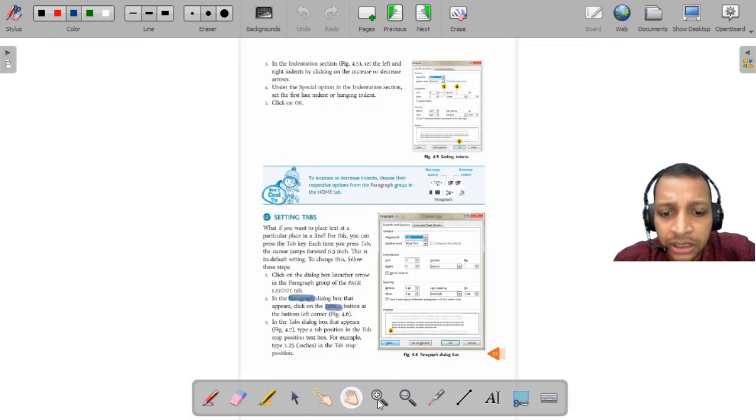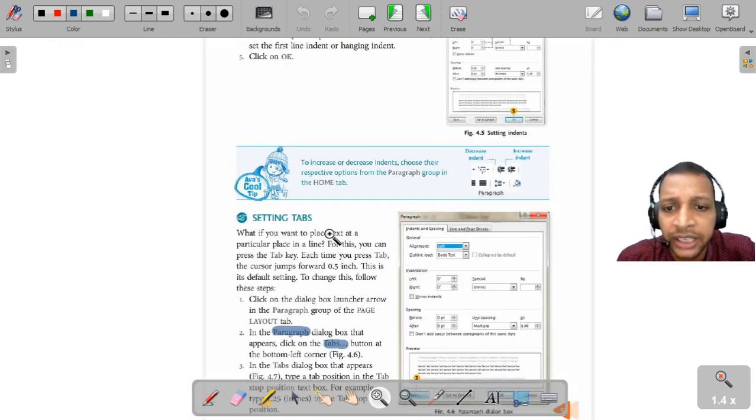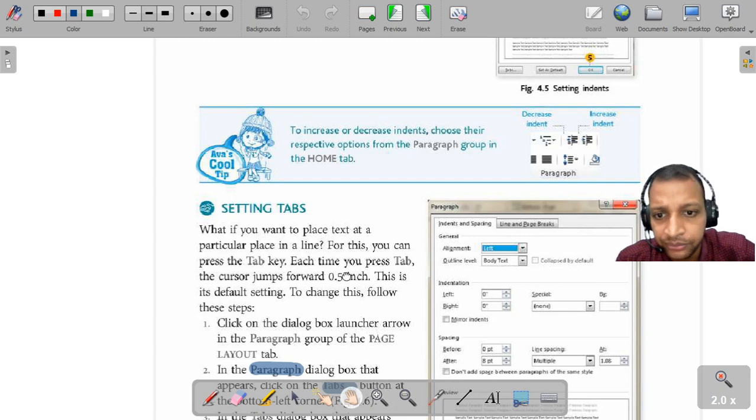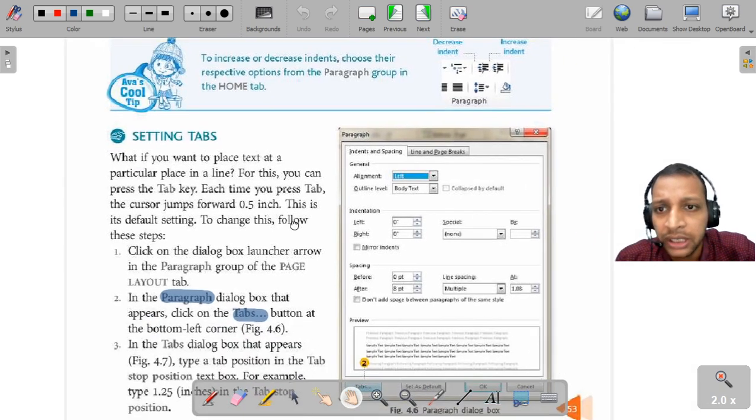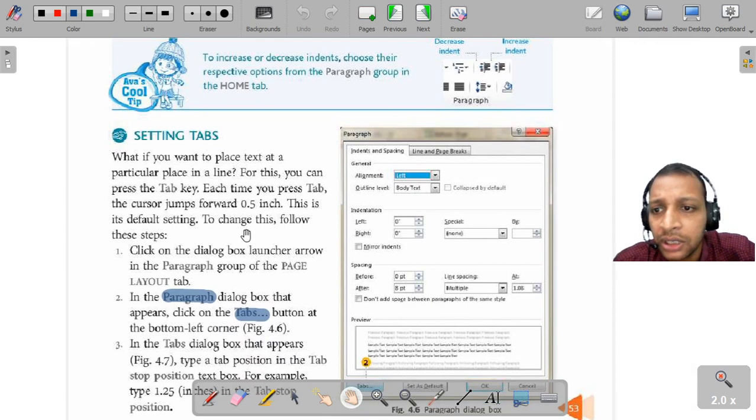Moving on further, we come to setting tabs. What if you want to place a text at a particular place in a line? Sometimes we want the text to start exactly at a particular place, and I showed you how this setting tab works.